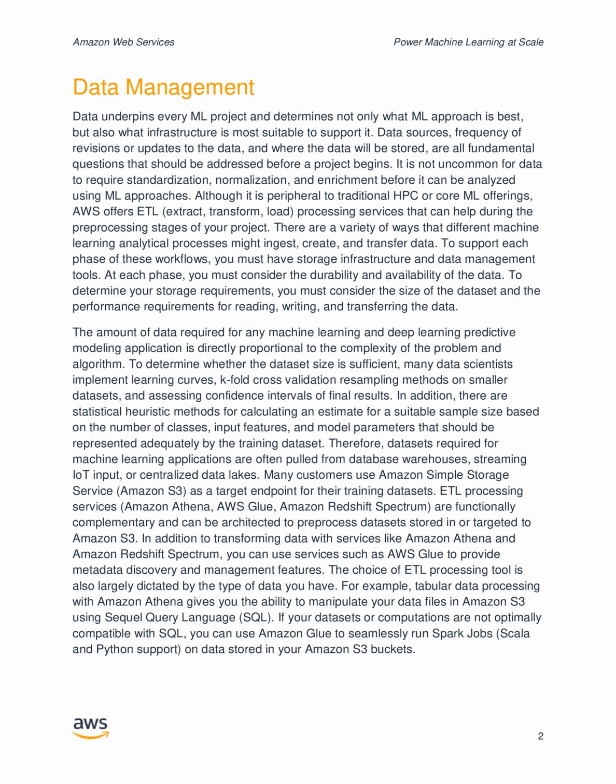Many customers use Amazon Simple Storage Service, Amazon S3, as a target endpoint for their training datasets. ETL processing services, Amazon Athena, AWS Glue, and Amazon Redshift Spectrum, are functionally complementary and can be architected to pre-process datasets stored in or targeted to Amazon S3. In addition to transforming data with services like Amazon Athena and Amazon Redshift Spectrum, you can use services such as AWS Glue to provide metadata discovery and management features. The choice of ETL processing tool is also largely dictated by the type of data you have. For example,